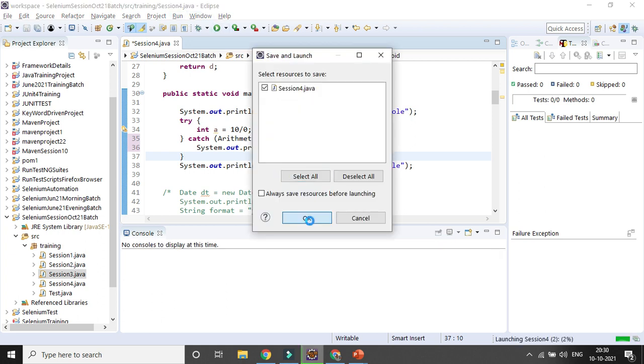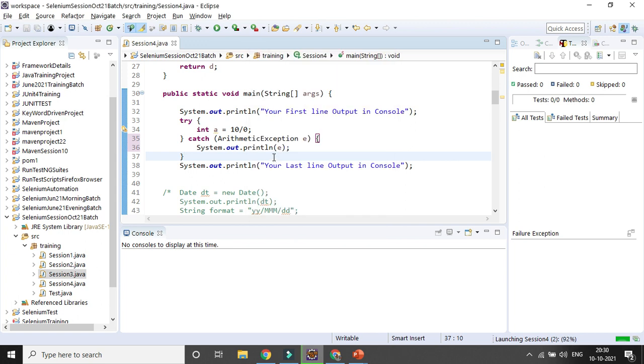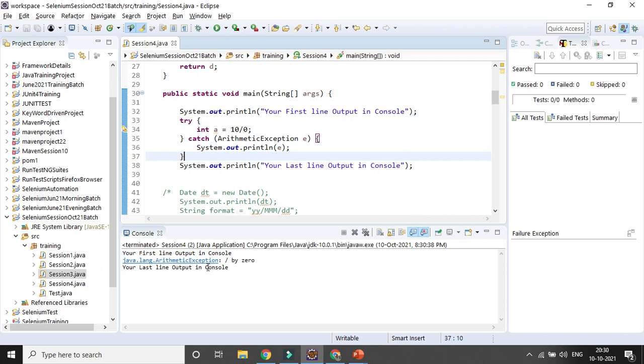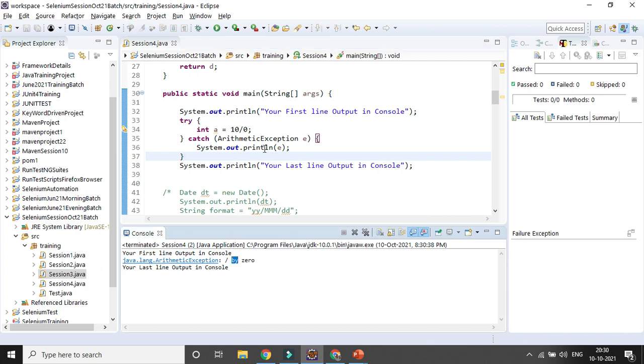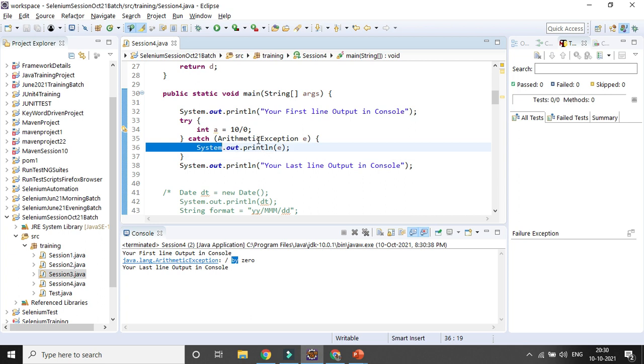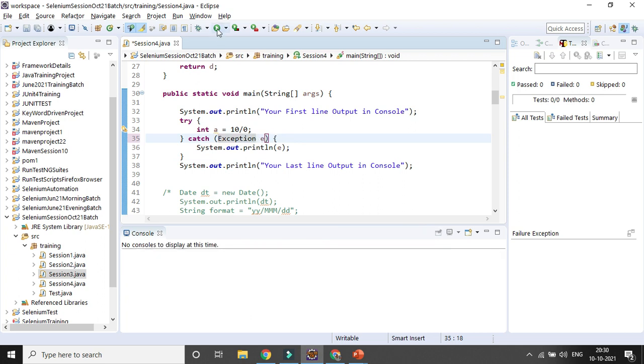Either you can go with generic exceptions, or if you know the specific exception, you can deal with that. You can see ArithmeticException divide by 0 is coming in the printing side. If you do not know the exception, you can go with the generic Exception, or the exact exception name.